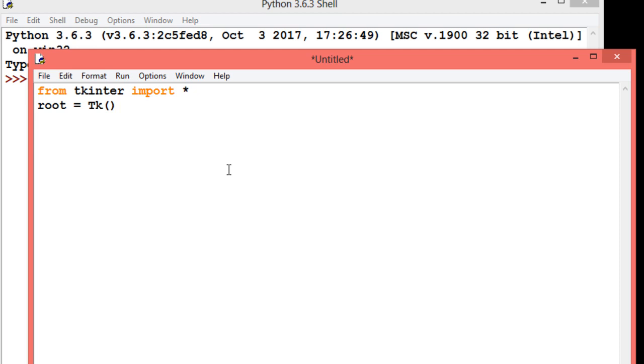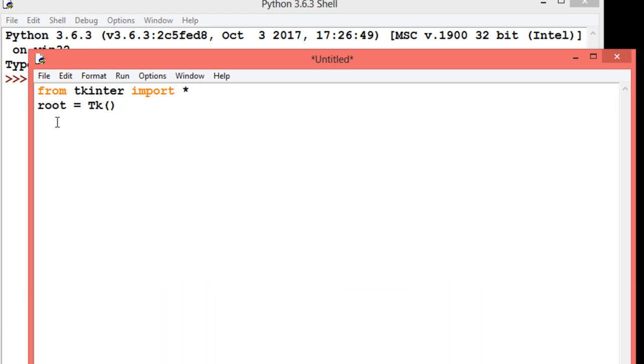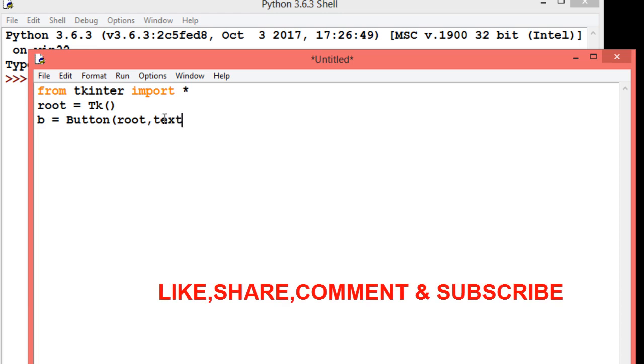Now remember the other video, an intro about how to use a root. I'll explain how to use a root and even how to make a window with the root, a plain window without anything. Now let me set my variable to be b, which is equal to a Button, which we now need to use because we want to see how we can use a button in our program. And then the root which I've set here is the very root I have to copy and paste here. Remember, in the other video I showed that here it was None, so here I will set root, and then from there I will set